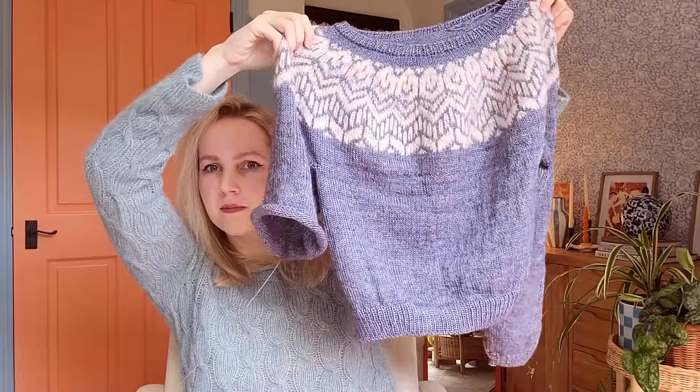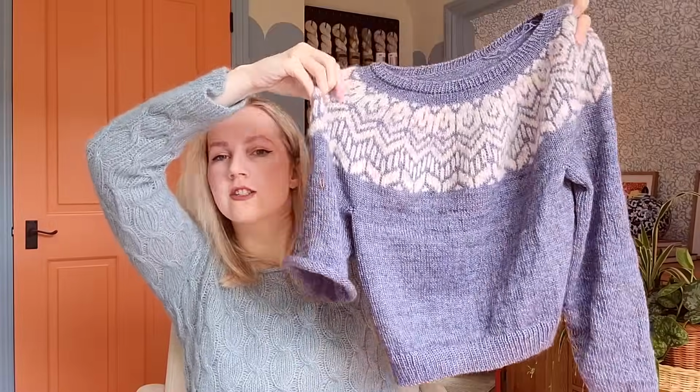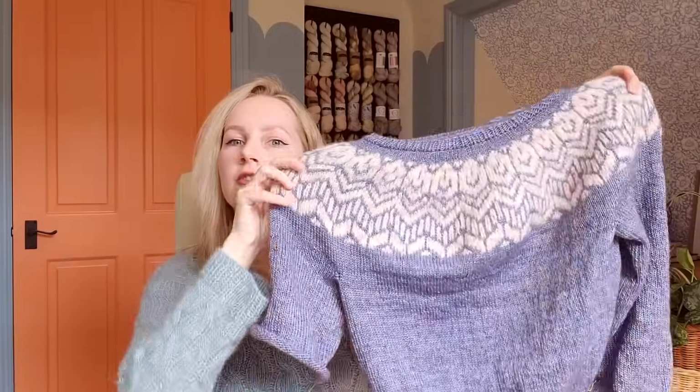Ta-da! So that's a sleeve finished, and that's a sleeve halfway there. So here's the yoke, beautiful, and then here's the sleeve. The original pattern is 3/4 length, but I decided to do full length. And the way that I did it, which is again copied from another Raveler, because people complain a lot about Andrea Mowry's